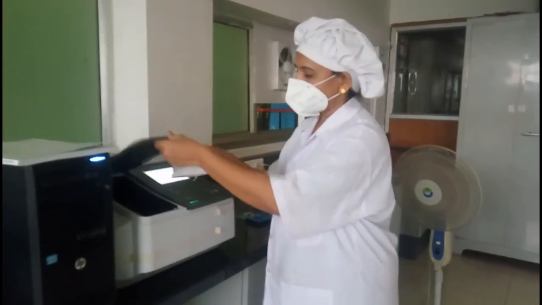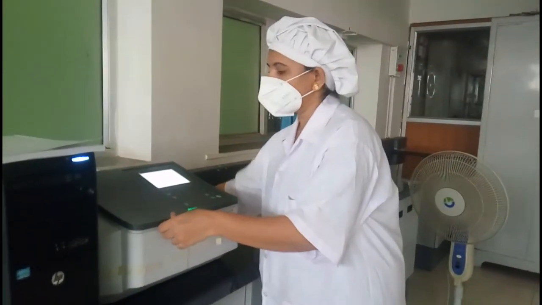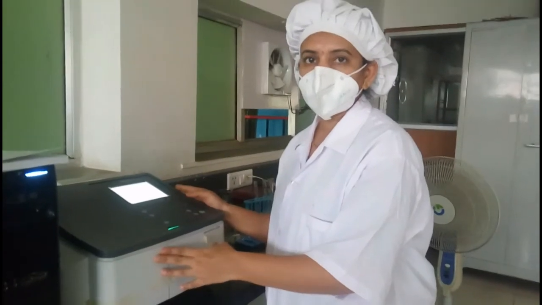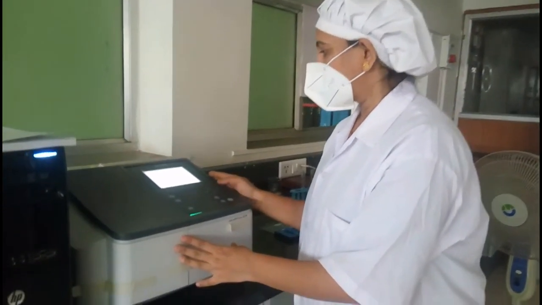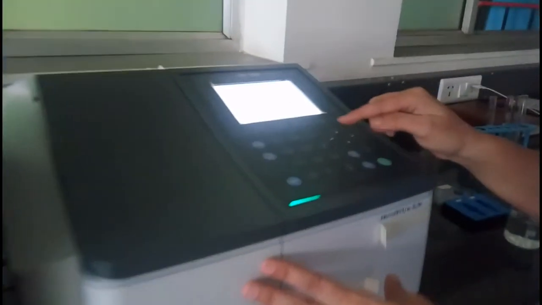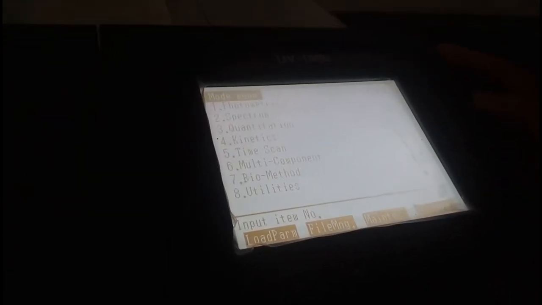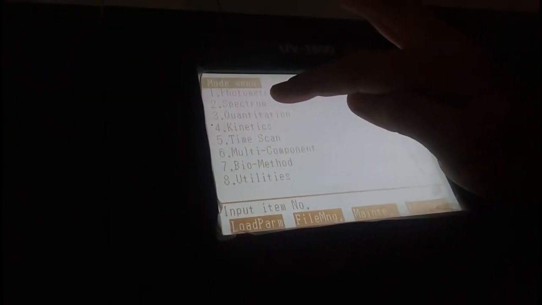Desiccant bag is removed from the UV cabinet, and after initialization of the UV, now we are going to select the mode menu. As we are developing the calibration curve, the UV analytical method for paracetamol, first we go into the spectrum.